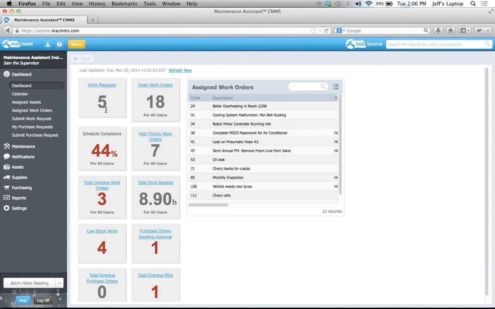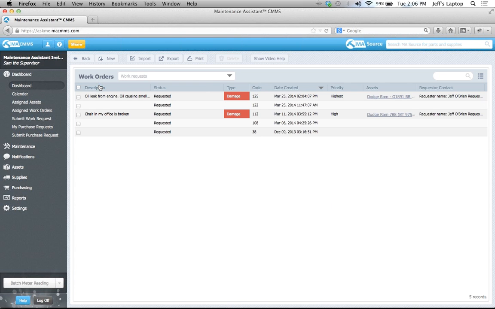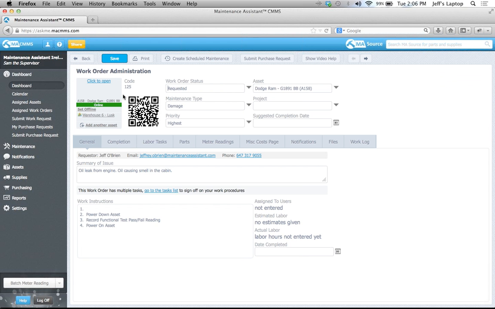So I log in as the maintenance manager. And here I see in my dashboard, I've got the work request button here, and I see down through the list of work requests. I see here top of the list is oil leak from engine causing a smell. So I'm going to open it up, and by default, this